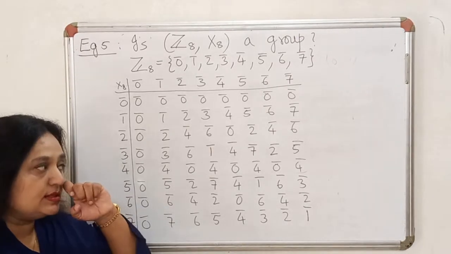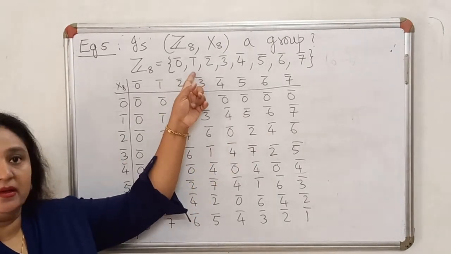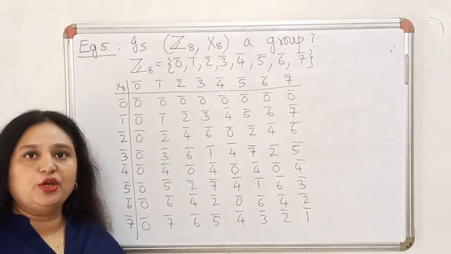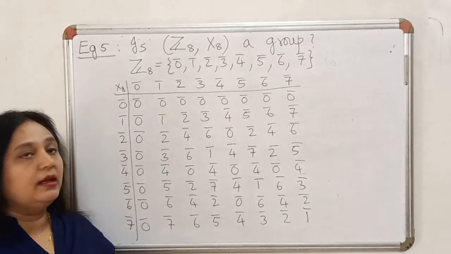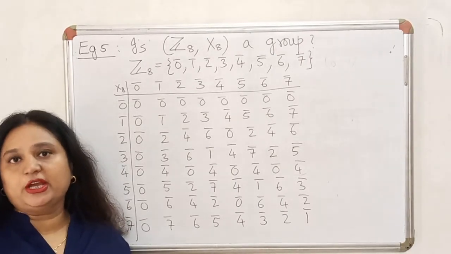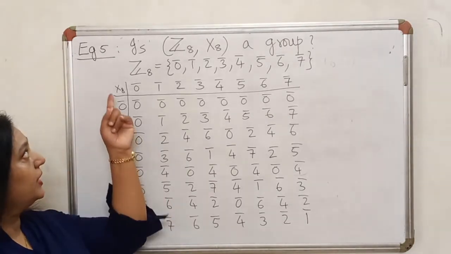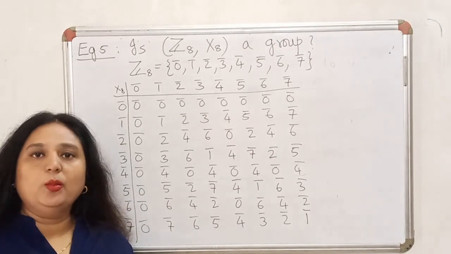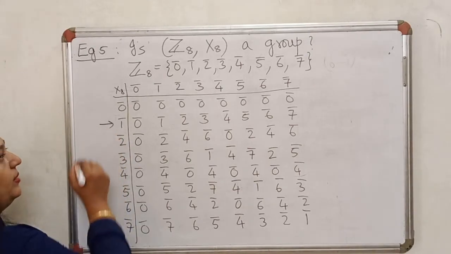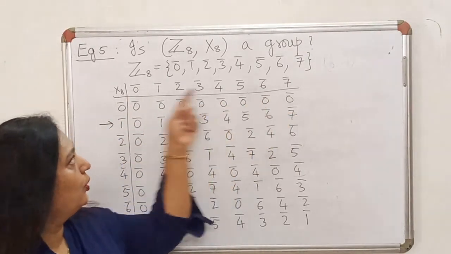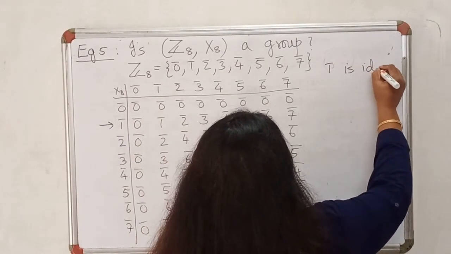Now let's quickly discuss the properties. All entries in the body of the table are from the given set. So definitely multiplication modulo 8 is a binary operation on Z8. And we had mentioned earlier that multiplication modulo n for any n is an associative operation. So specifically multiplication modulo 8 will also be associative. Then the row corresponding to 1 bar is the same as the heading row. So 1 bar is my identity. This is our third property.